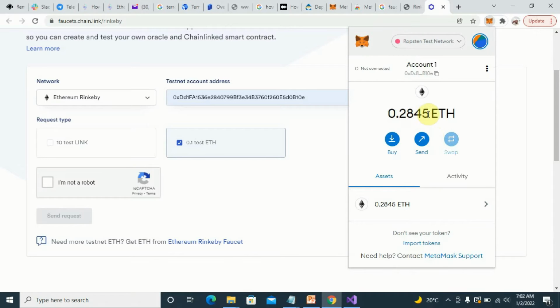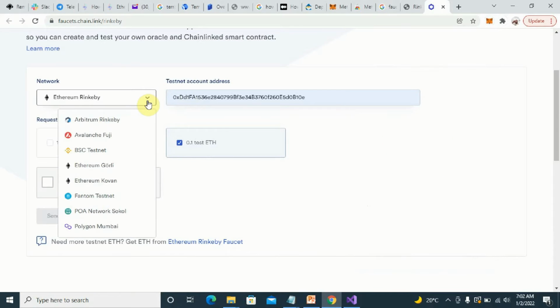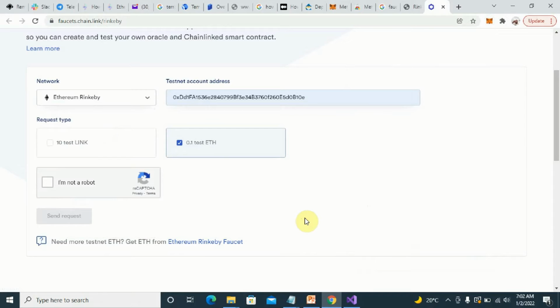So I have 0.2 on the Ropsten network. So on this URL here, I can just change that. Okay, well, there is no Ropsten here. But thank God we have Polygon, so we can actually get some Matic tokens that we're going to use. So we can get that from this site. Okay, all right then. So we're able to do this. The next thing now is